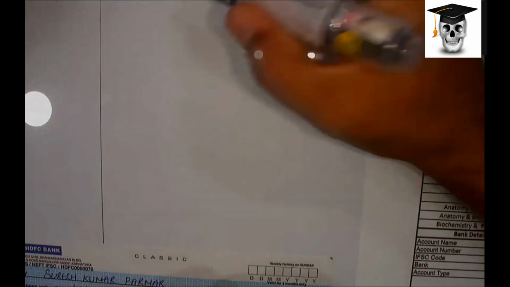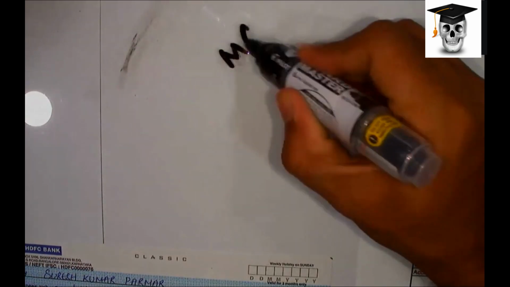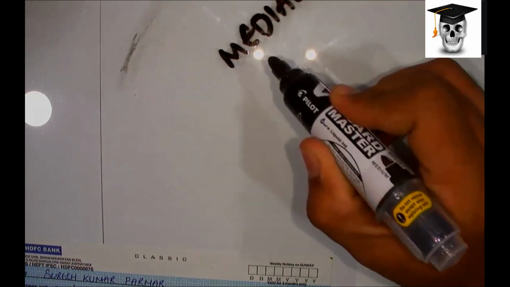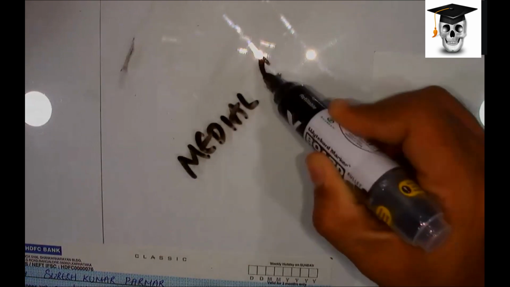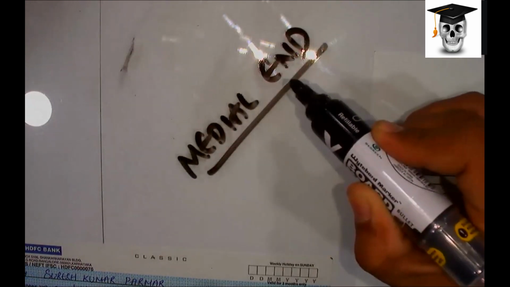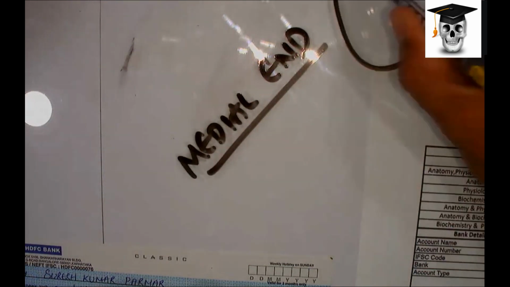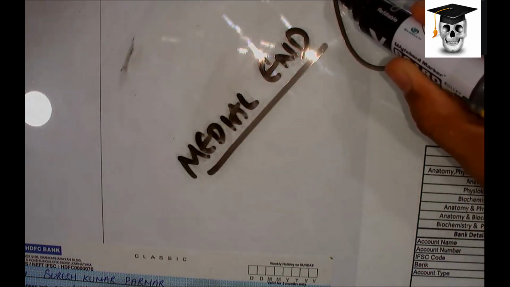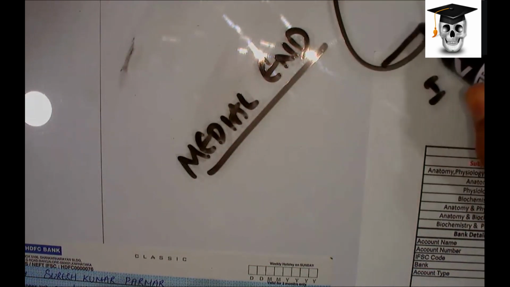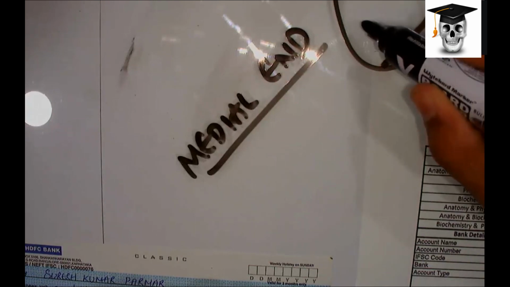Following? Okay. So now again you see here, this is the medial end. I told you the medial end is the bigger portion. Suppose I say this is the superior part and this is the inferior part. Leaving the small portion above and the small portion below, the entire area is articulating with the sternum. So this you call the sternal facet.